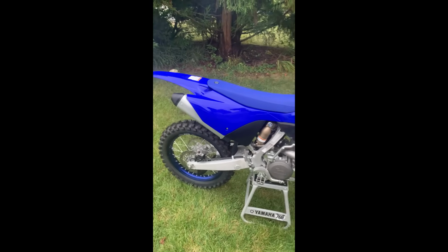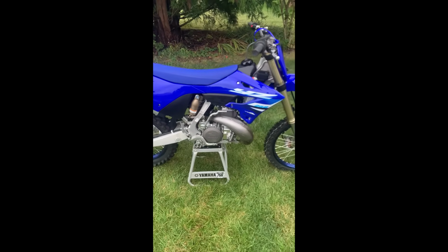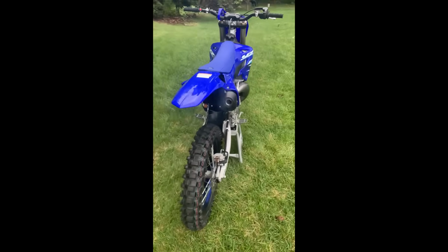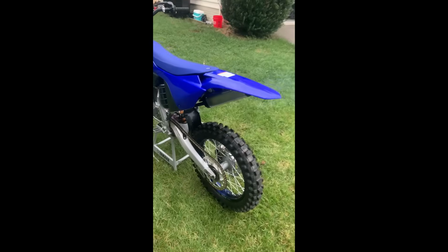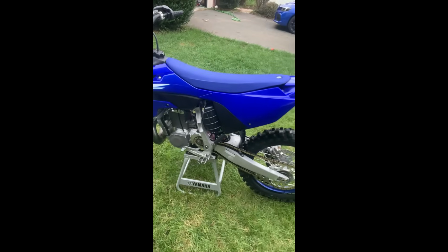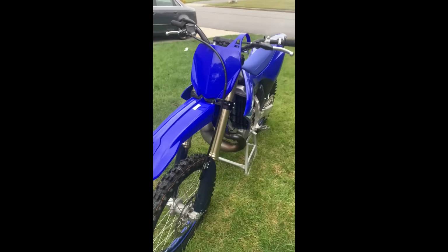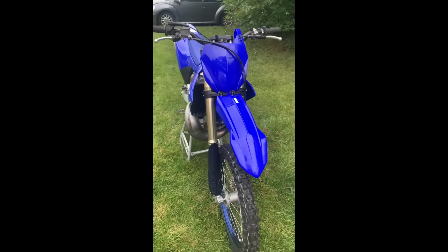All right, the bike's all together and it's ready to start for the first time. Got the bike started up, took about 5 kicks to start for the first time. The carb settings right now are a complete guess, but it idles really well. I barely had to adjust the idle screw at all, which means I got a pretty good first guess